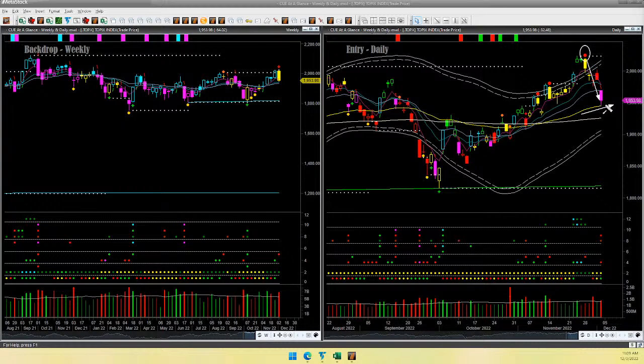Instead, if price can go up from the yellow direction line, it may give a pullback long trade setup, and that could be a signal to take new long trades in Topix, or as I prefer, in underlying strong fundamental stocks. It is still in an uptrend, therefore a pullback long setup may come if price goes up from here.